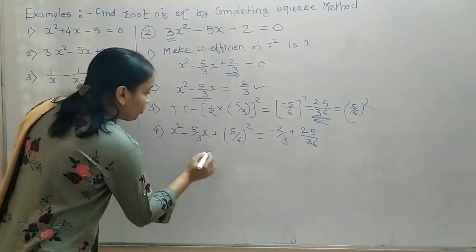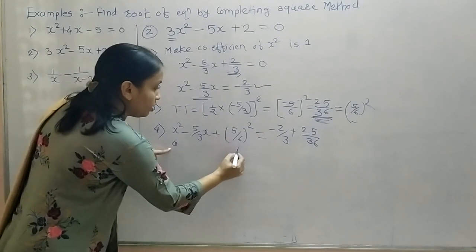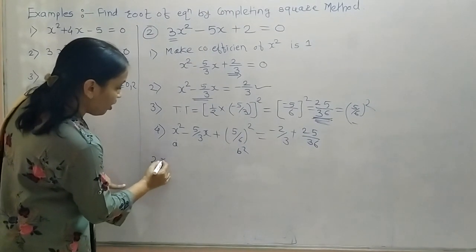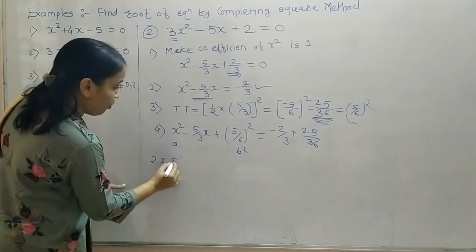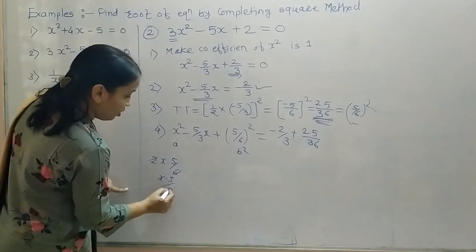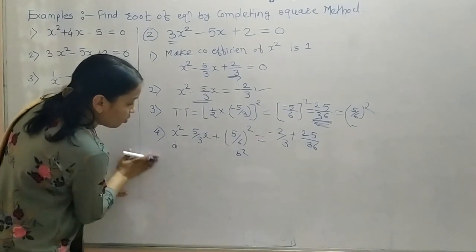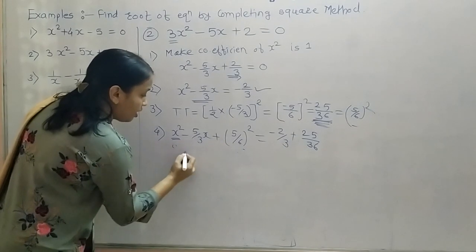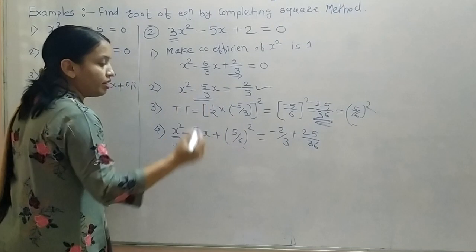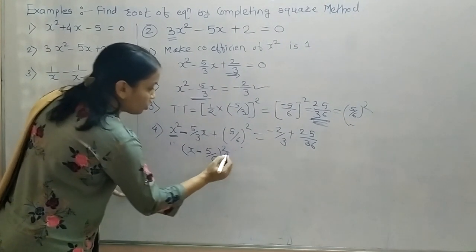Okay. Now observe this. This is a square. Complete a square. This is complete b square. See that middle term is that twice ab or not. 2 into x into b is 5 by 6. You will get x into 5 upon 3, that is 5x upon 3. So, which identity you can use here? It is x, a square x. As here middle term is minus, therefore here is minus. And here 5 by 6 bracket square.